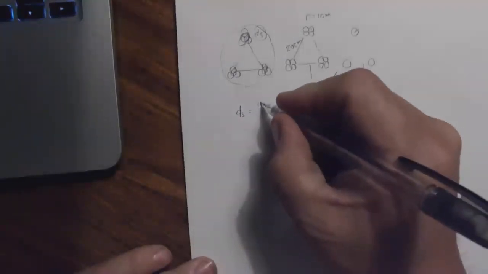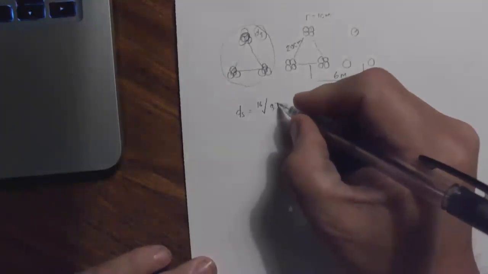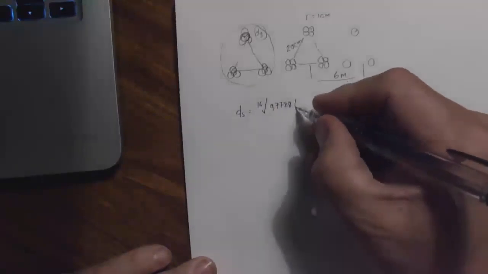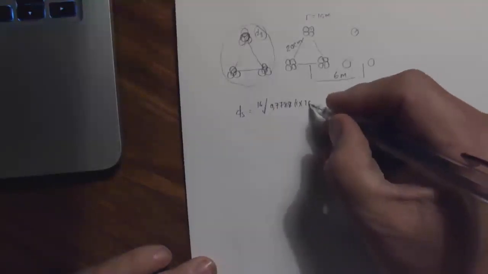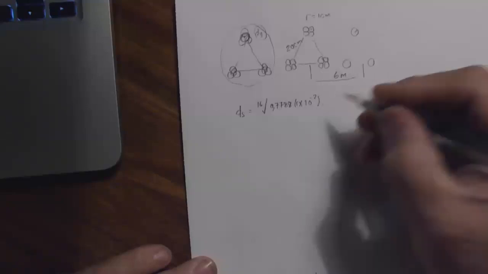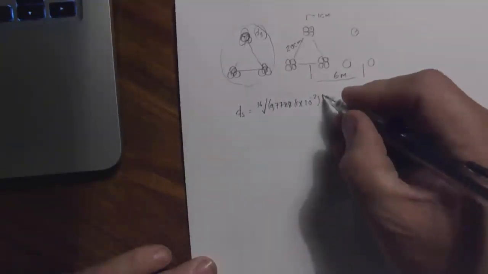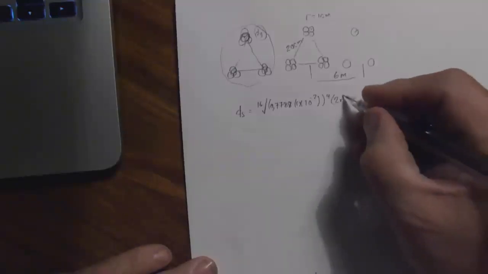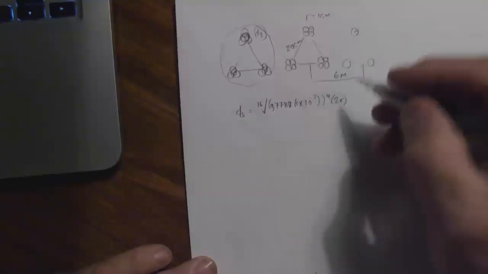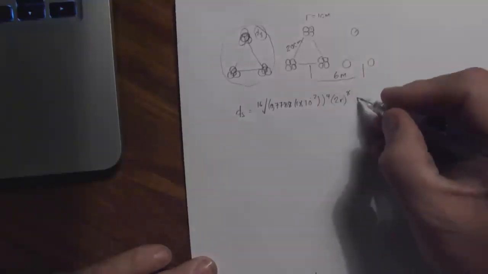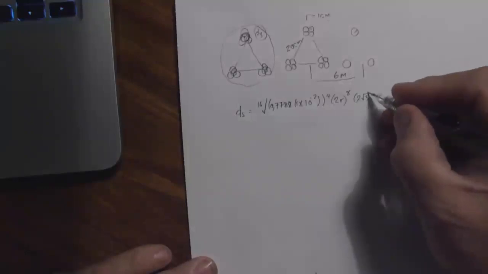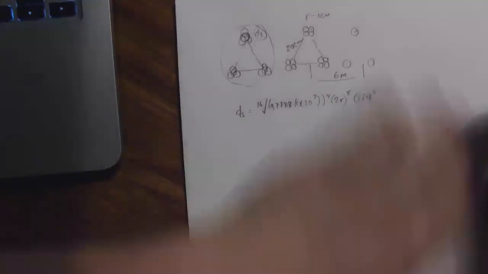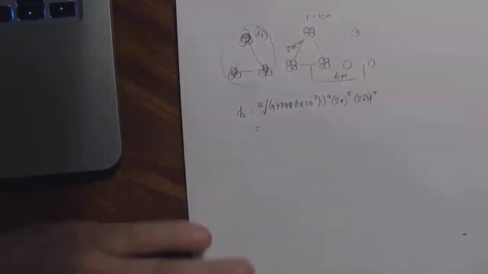So that will be the 16th root of 0.7788 times 1 centimeter, that's 1 times 10 to the minus 2. There are 4 of them. And then we have 2r, which we have 8 of them. And then 2 square root 3r, which is 4. So with that, we get,